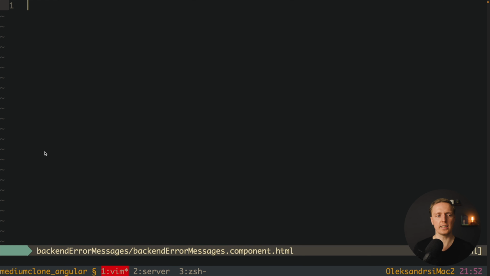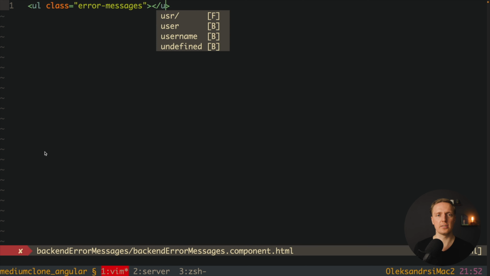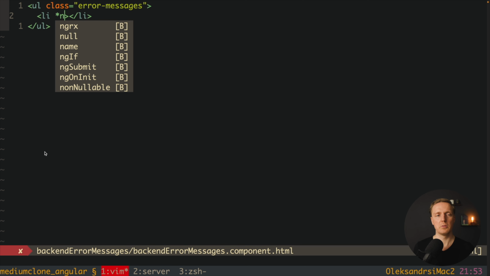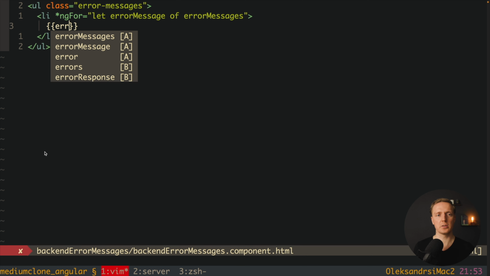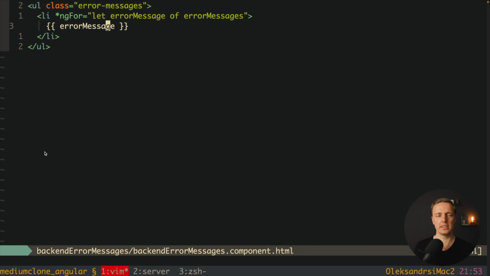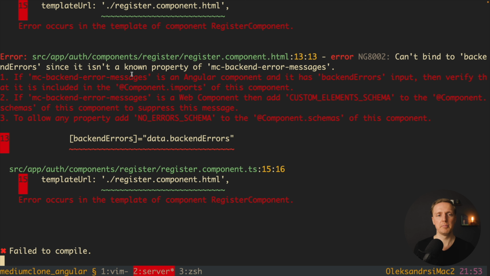We must jump inside HTML and simply create here a ul with class error-messages, and let's close this ul, and inside we have an li where we want to have a loop. This is by ngFor, and we're looping to get an error message of our error messages that we just created. And error message is just a string. This is why we can simply render it on the screen. Let's check if we have any errors. Here, as you can see, we are getting them because mc-backend-error-messages is not a known element inside